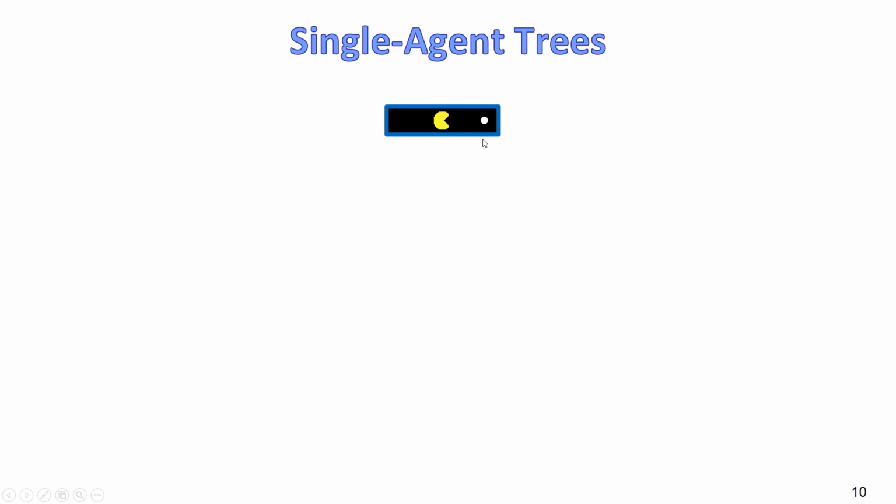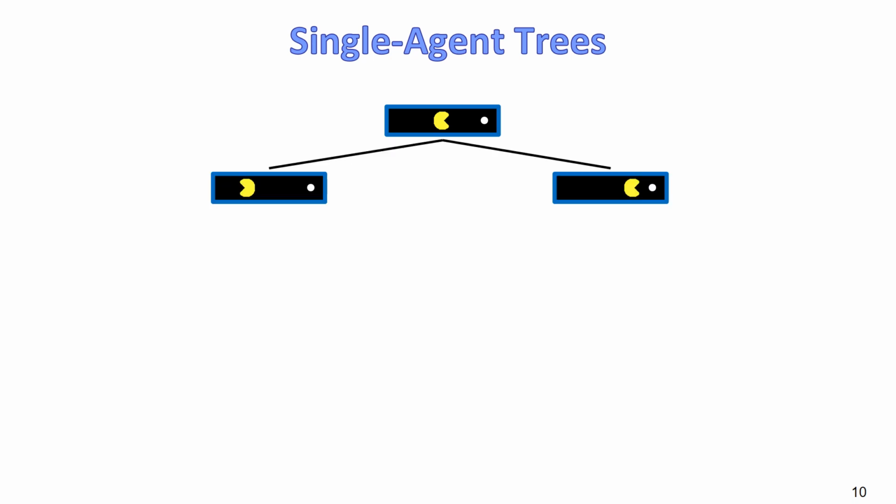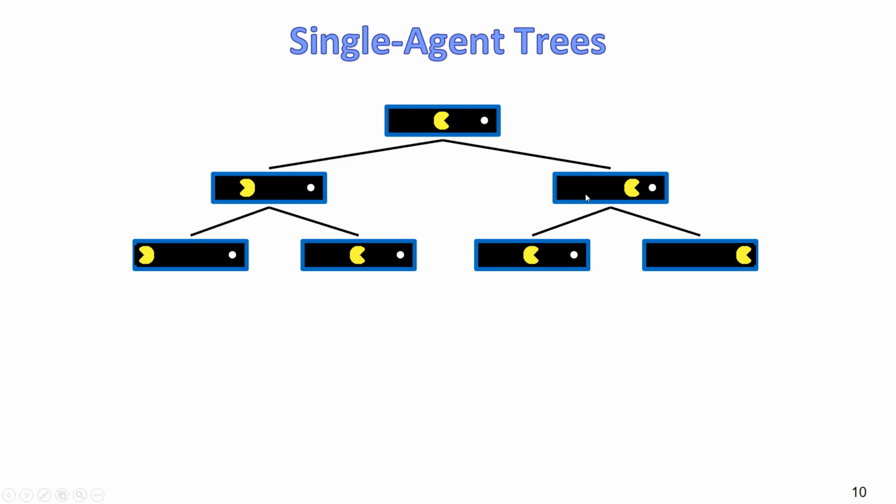So we'll have just this very simple game where Pac-Man is here, and Pac-Man wants to eat this food item. So what are the possible actions in the search tree? Well, Pac-Man can go left or can go right, and that's the state if he goes left, and that's if he goes right. Then from each of these states we have also 2 actions, left or right. So for example, for this state, this is a terminal state, right? Because we ended the game by